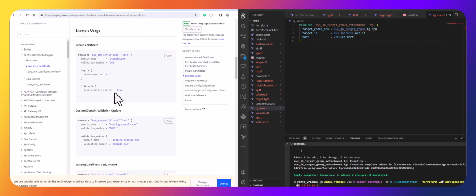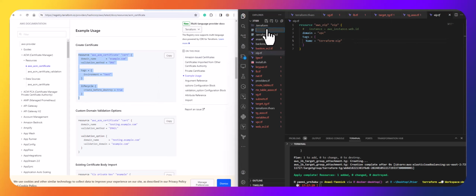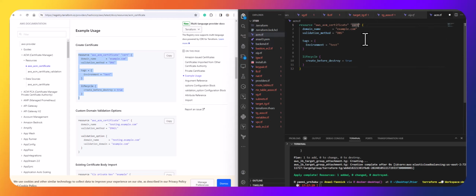I'm going to look for the certificate manager. I'm going to copy this, and I'm going to create a new file called certificate manager at AWS certificate manager, and I'm going to paste this one, and let's call this one